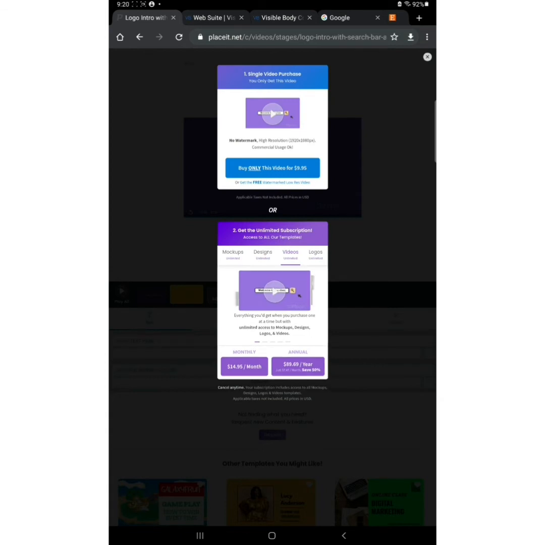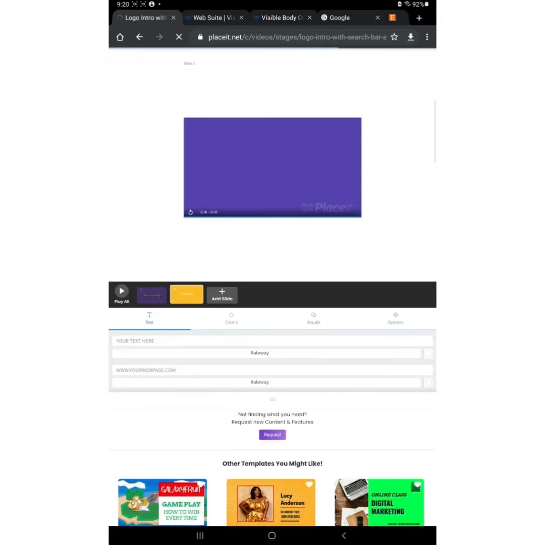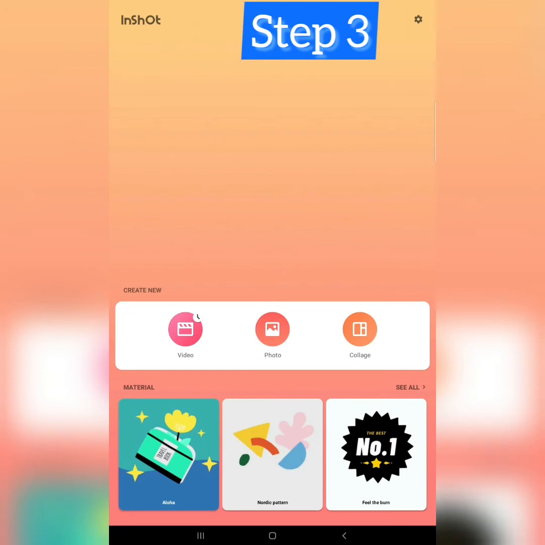And you really don't want to pay for anything. You don't need to. The free watermarked version is more than enough for your class. You really don't need to pay for anything. You just want to go ahead and click on get the free watermarked version, and it just downloads and it's available for you. Now the third step would involve some editing, and for editing I use an app called InShot,